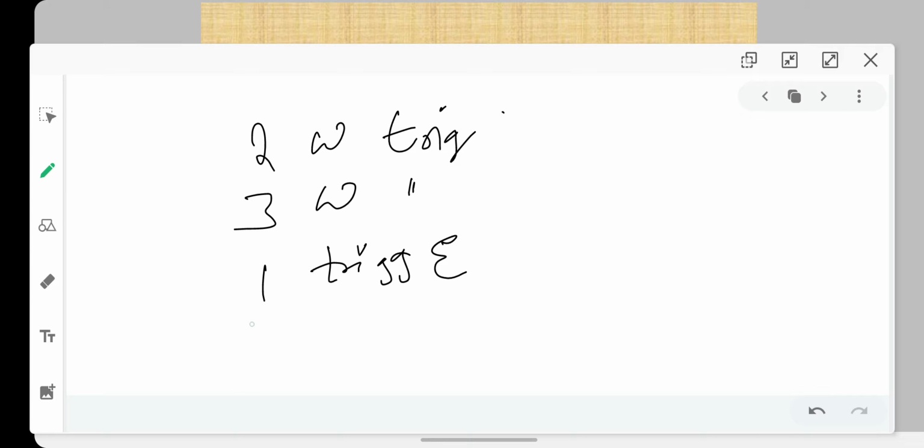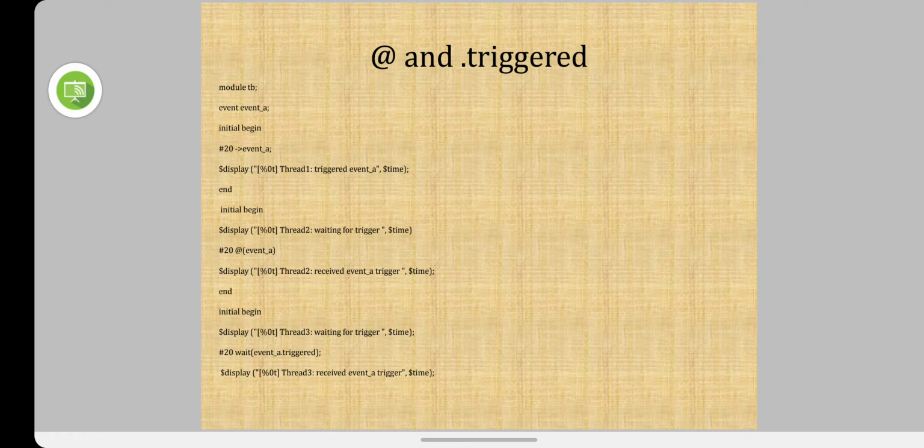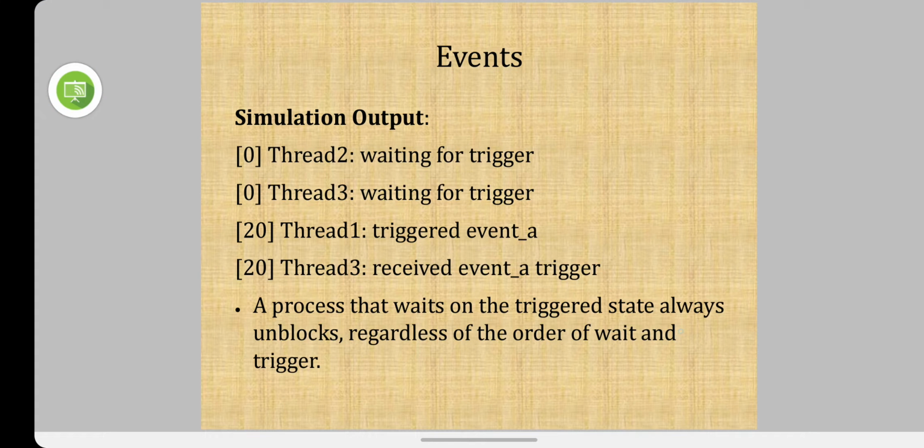Okay, now thread 3, what is the statement? Received the trigger, received the event. Okay, so this is going to be our output. Yeah, so here is the output: wait for the trigger, wait for the trigger, and thread 1 triggers event A,